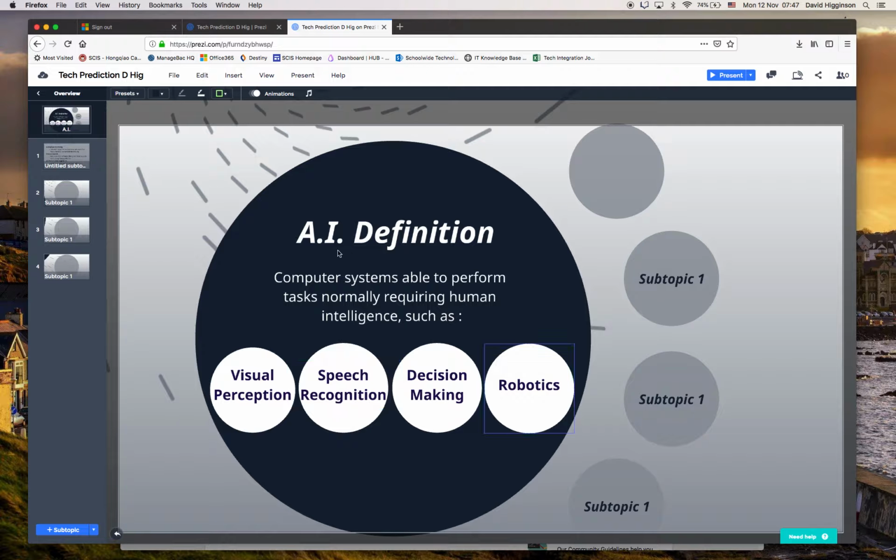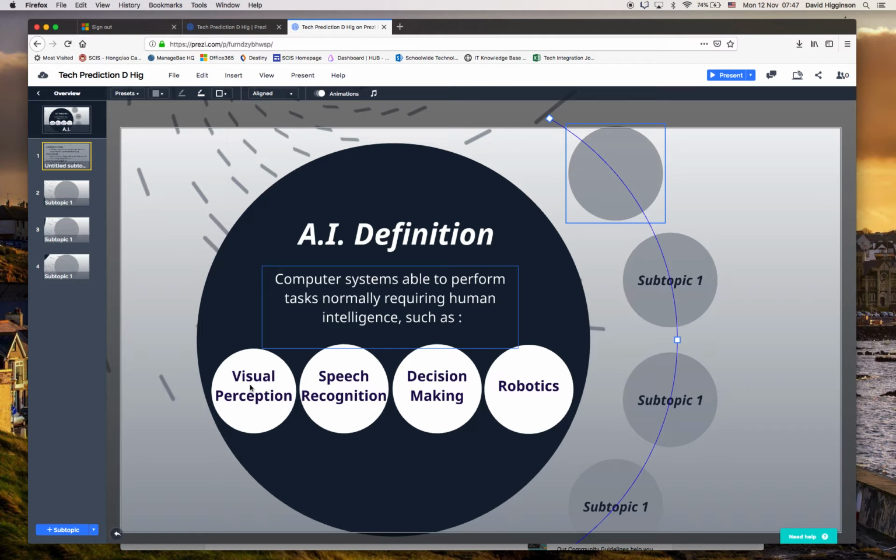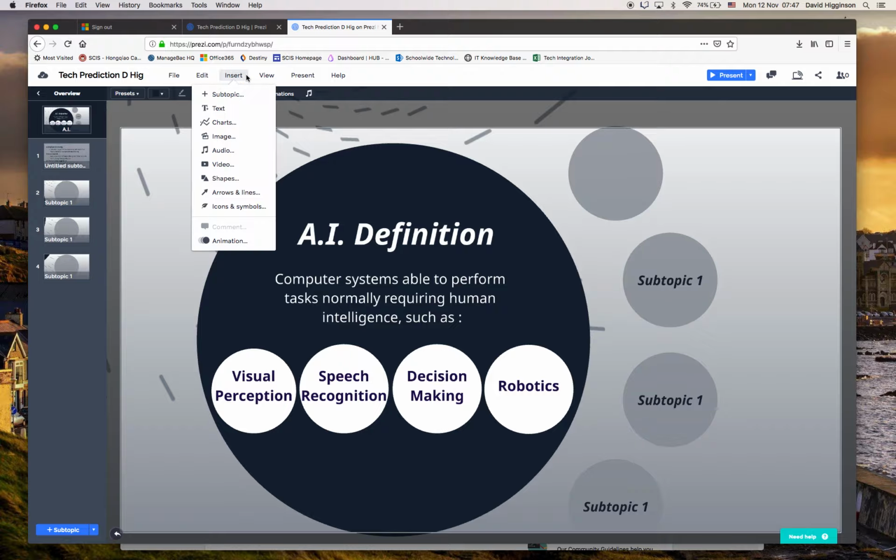So first of all, after the definition, these are the examples of artificial intelligence. The user, whoever's watching the Prezi, will be brought to each of these when the animation plays. And what I thought would be good for this one, instead of just writing visual perception again, is to put in an image instead. To do that, I've already downloaded this, by the way. Go to Insert, Image,